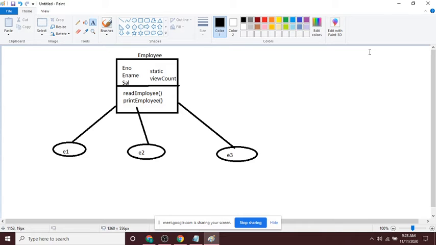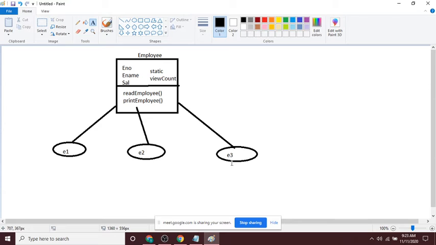Employee number, employee name, and salary, and again we also have one more variable called view count. Among these 4, employee number, employee name, and salary are instance variables. But view count is a class variable.